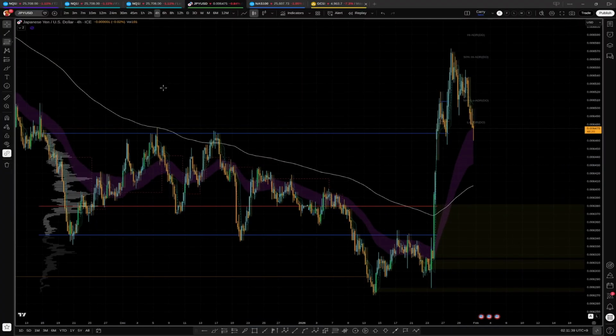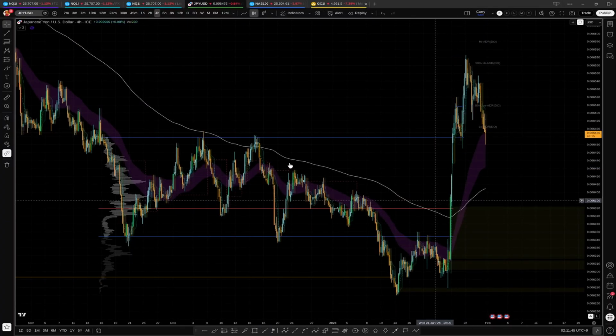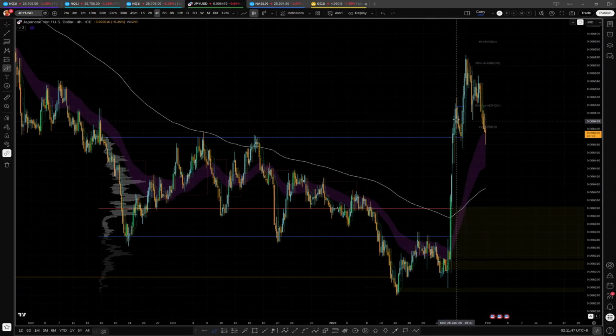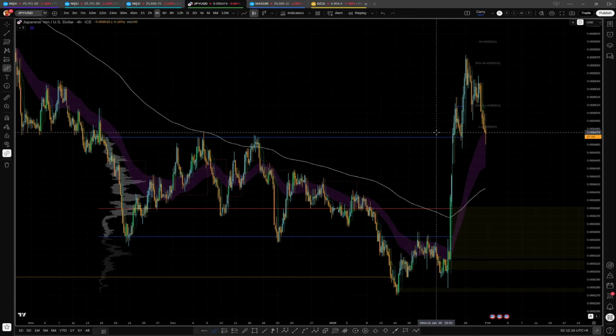So obviously here we see the yen has had a significant push up. The truth is, if you tried to short the NASDAQ on this push up, maybe if you were scalping, you might have gotten something. It might not have been the best time. It wasn't the best time. I did one or two, and then I looked at the indicator and realized I shouldn't have been doing what I was doing. But I did end up getting a very good trade that's still currently open from the indicator and the